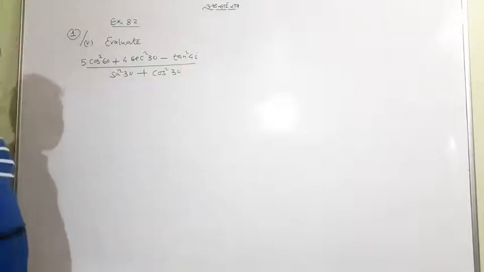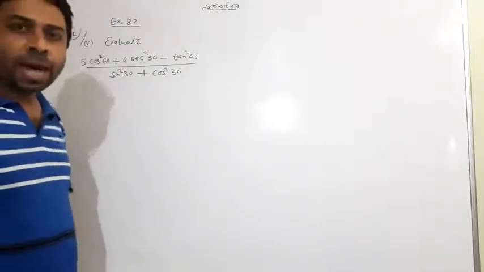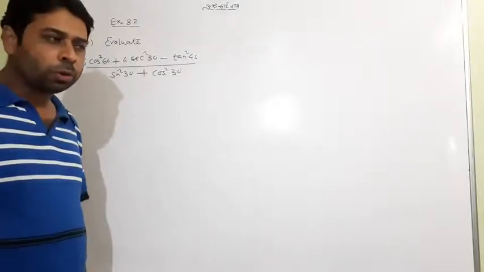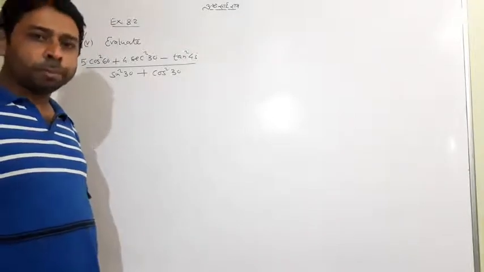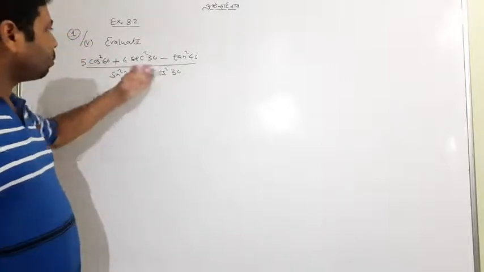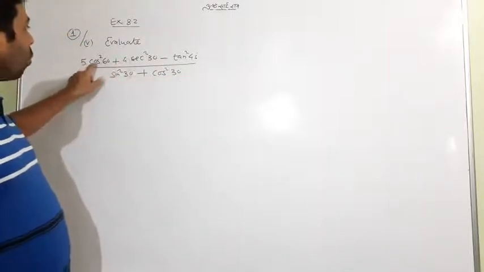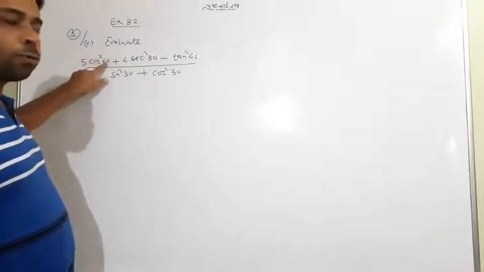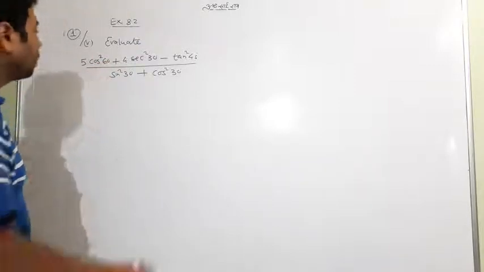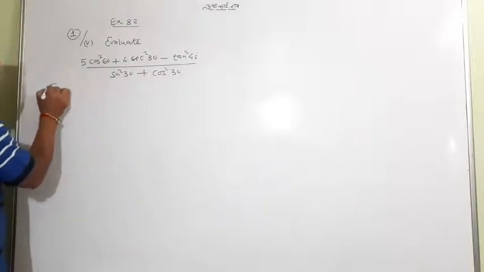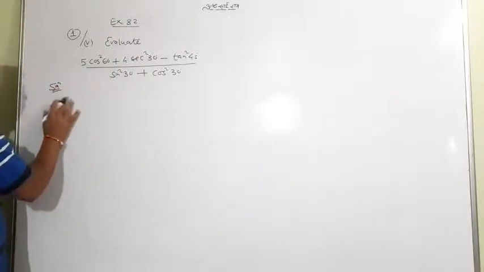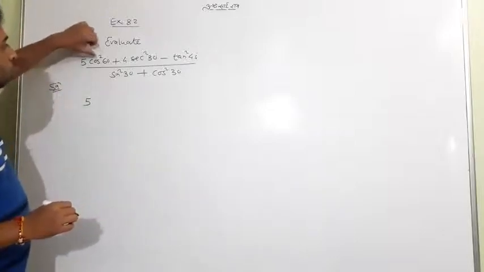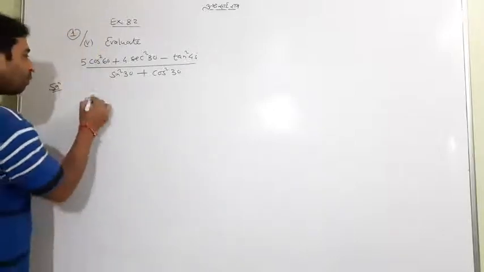Now we have some specific ratios with some specific angles, and we know the table. I have even taught you the trick to make the table and to remember it. This time we'll use some values. Look at cos square 60. It means you write the value of cos 60 using the square. So we start the solution directly by putting in the proper values: 5 and cos 60. Cos 60 itself means half.